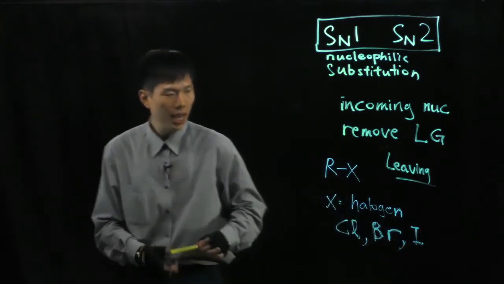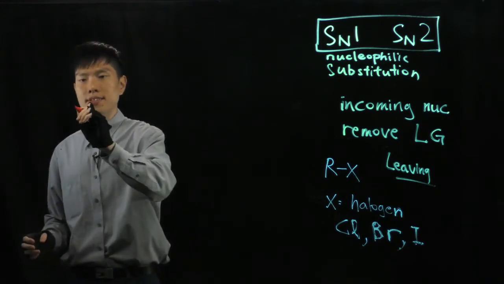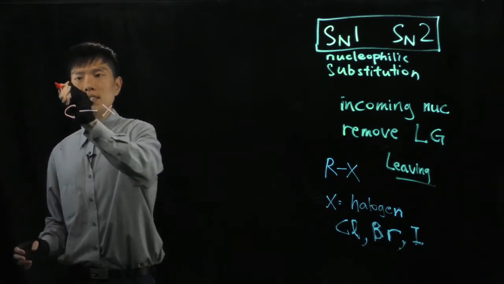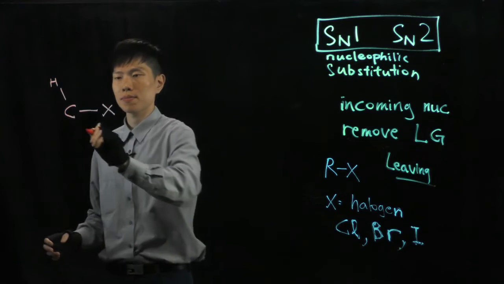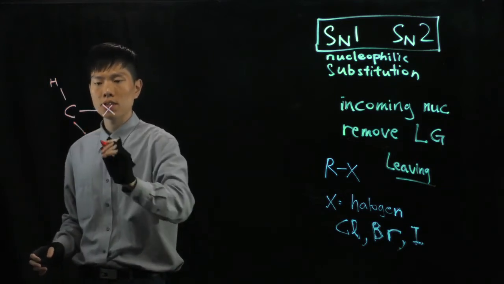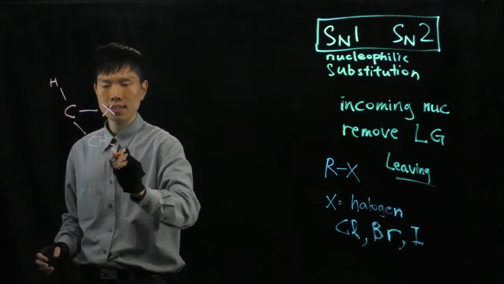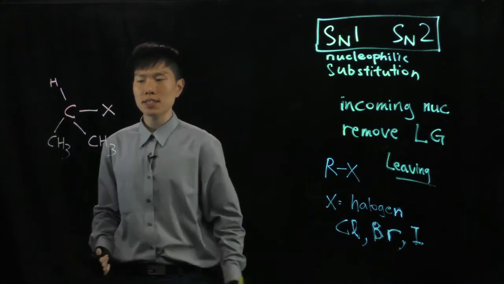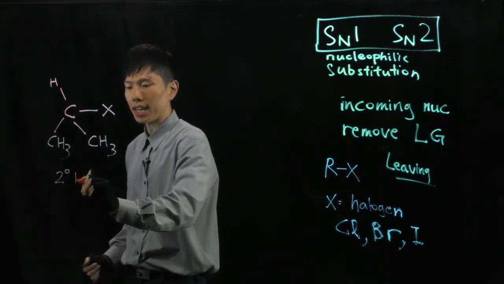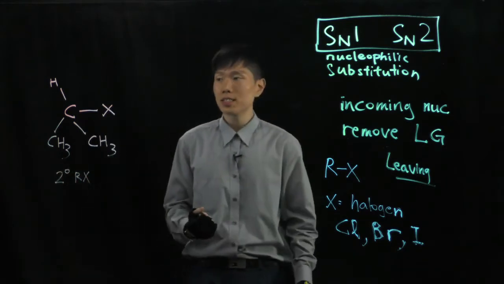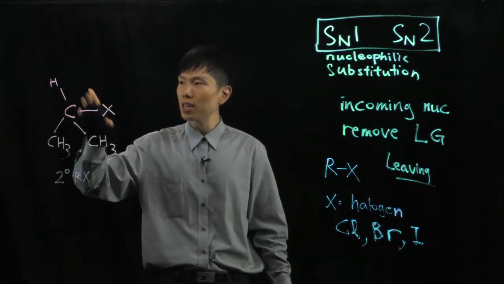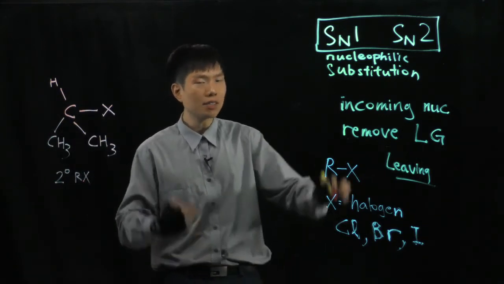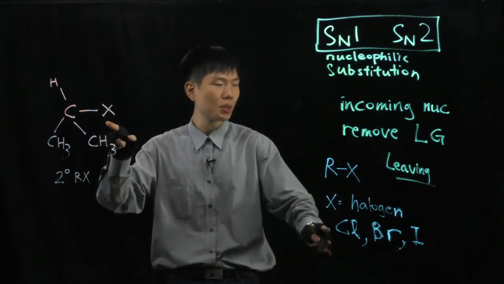So, suppose we have X. This is connected to hydrogen. And we have a CH3, CH3. Remember, this is a secondary alkyl halide. Why is it secondary? Because the carbon with the halogen group here is attached to only one other hydrogen. So it is secondary. Now in this case, the leaving group must be a halogen, could be either of these,